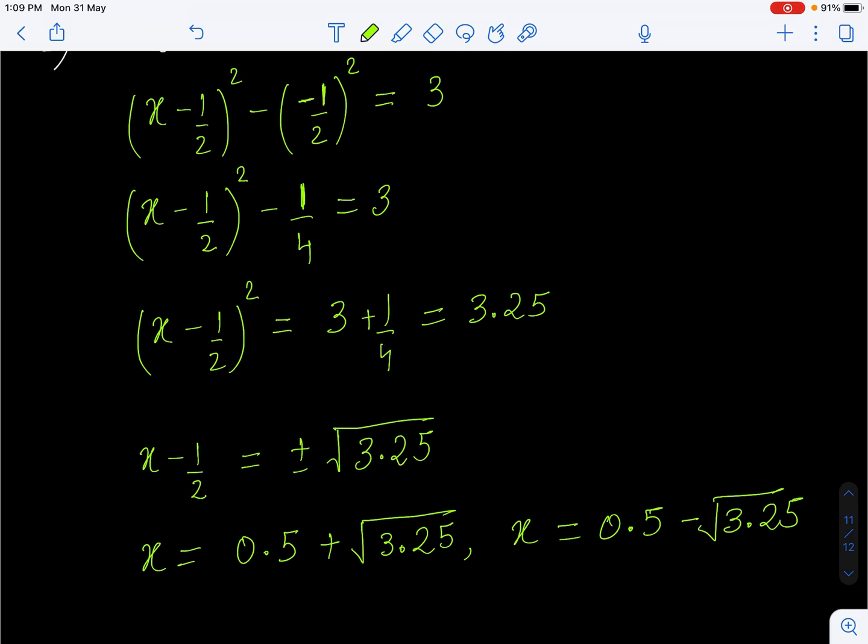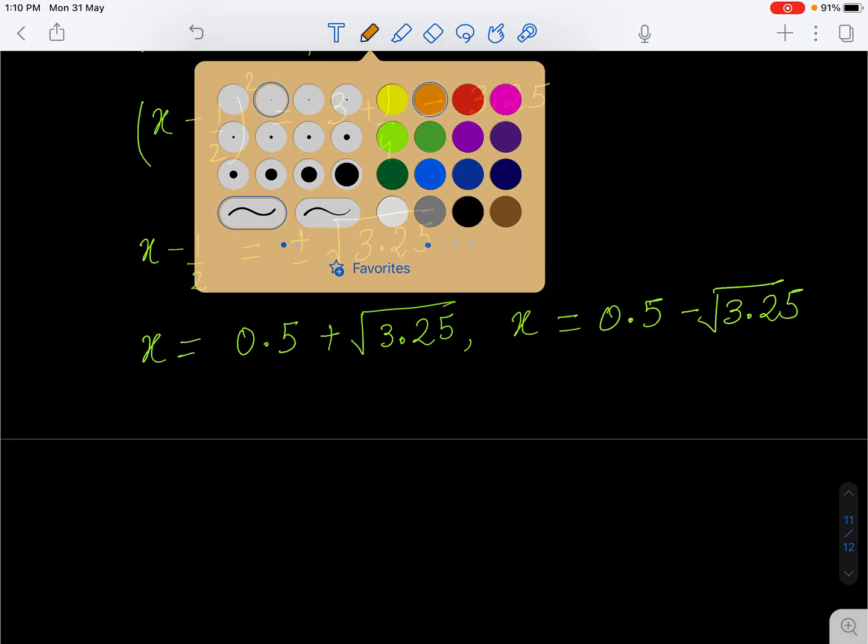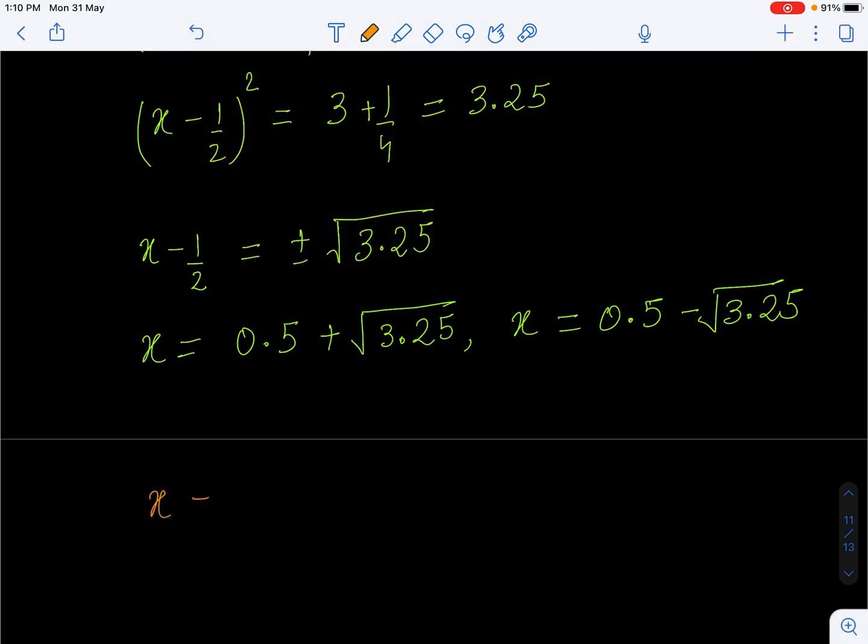Now I am using the calculator to get this value. So my first answer is going to be 2.302, and my second answer is going to be